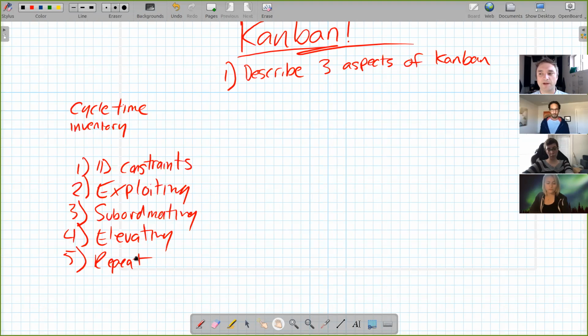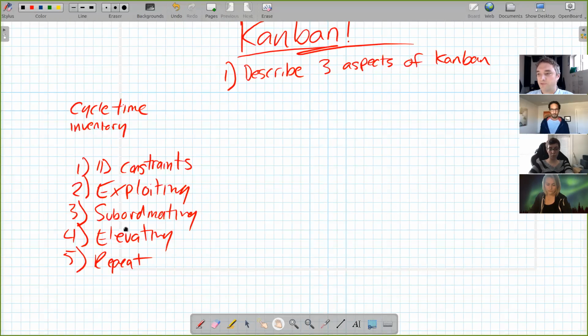That's a little bit beyond the scope of Kanban, but briefly, exploiting a constraint is finding a way to do it more efficiently. Whatever you're doing now, can it be done better? Subordinating is, well, if fixing the constraint is the only thing that gets us more throughput through the system, then that would also imply that we have excess capacity in other parts of the system.